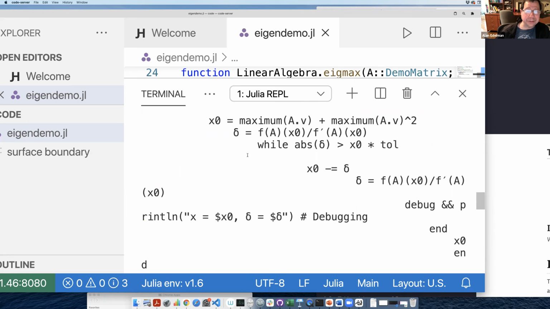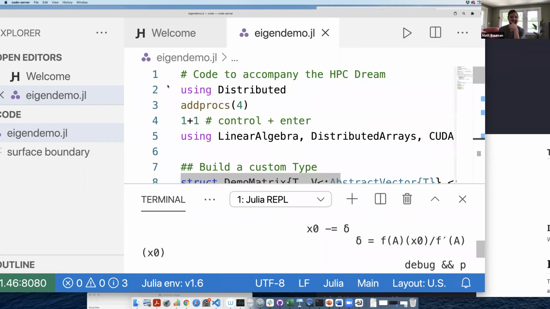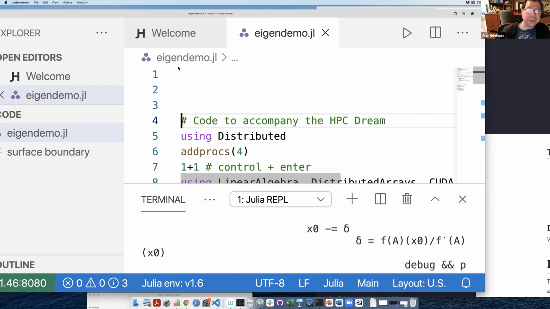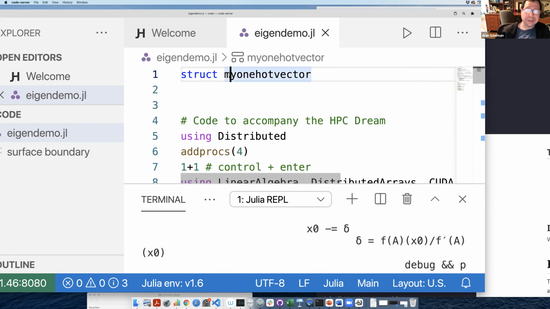So let's do it up here. Let's do it the right way. You've convinced me. I'll put it at the top though. You've convinced me to have better code practice. Okay, so what I'm doing, struct my one hot vector. And actually, in Julia we like to use capital letters for types, so let's do that.